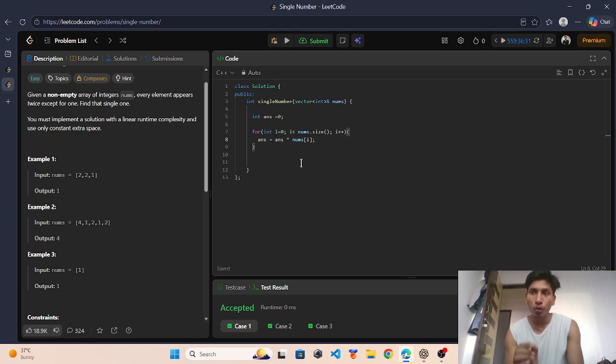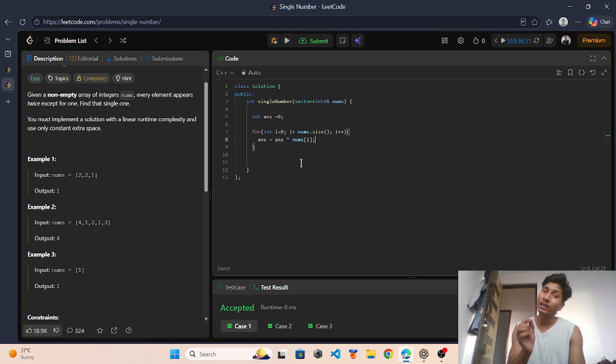We have to note that in the XOR method, the same number, A XOR A, returns 0, and A XOR 0 returns A. When two identical integers are XORed, it returns 0. When an integer is XORed with 0, it returns the other integer.